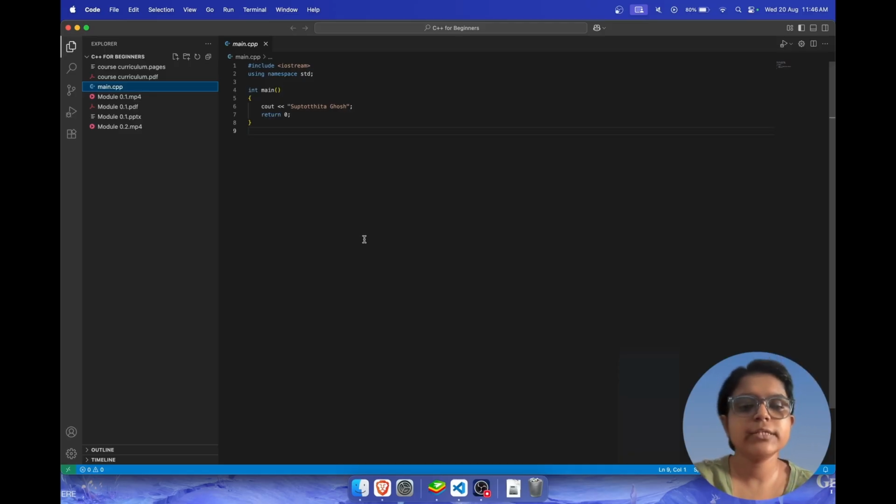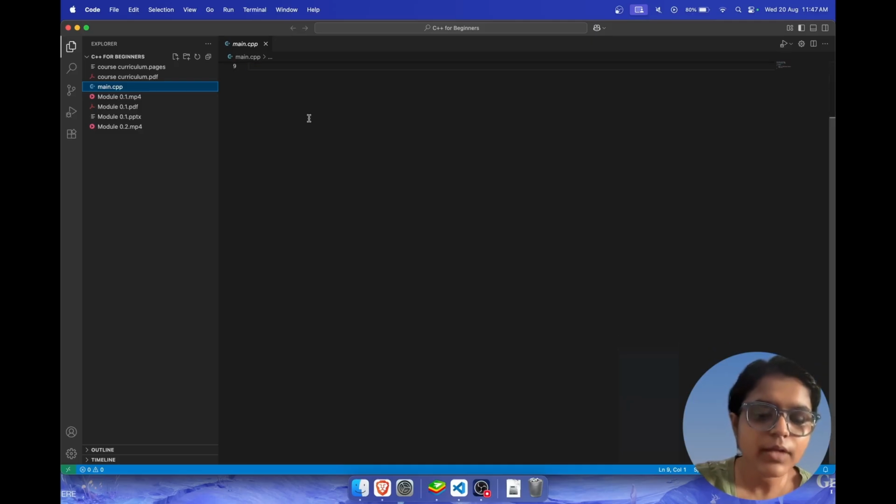Okay. So we'll start off with the basic structure of a C++ program. Every C++ program has a standard structure. There will be this part, hash include iostream. This is known as the preprocessor directive. Then we have using namespace std. This is the namespace part. Then we have the int main part, which is the main function. And here is our main code that we are using in the program. And return 0 is the exit status. Okay. Now let's break down all of these parts.